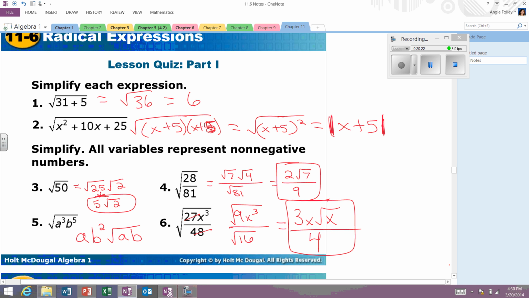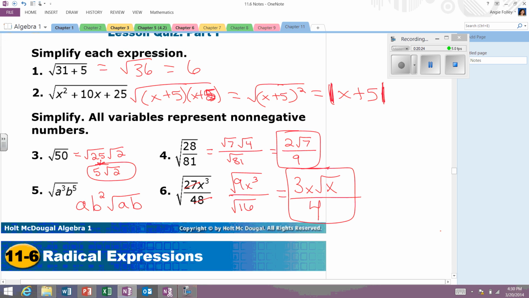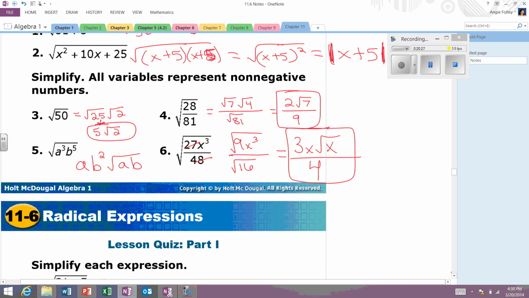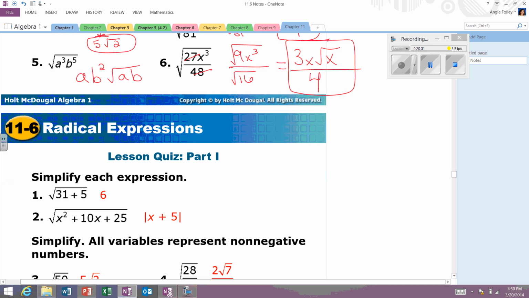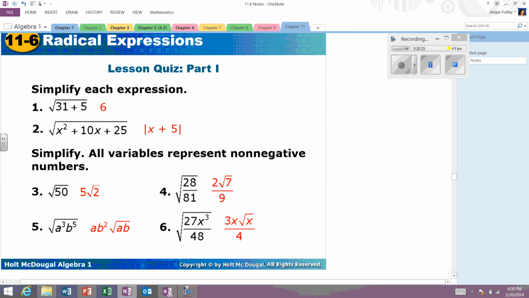Okay, so that's all for this lesson right now. I think you guys are probably going to have questions on the variable part. So just kind of look at some of these again and see if you can figure it out, and I'll answer any questions you